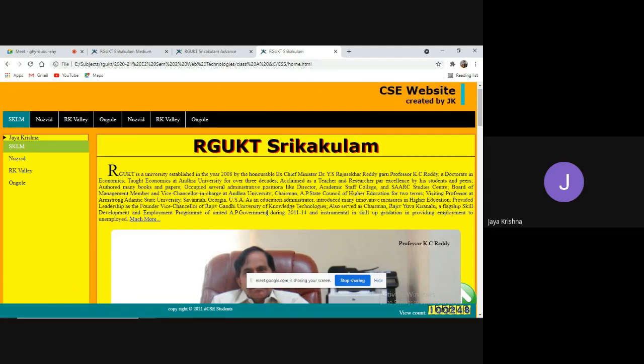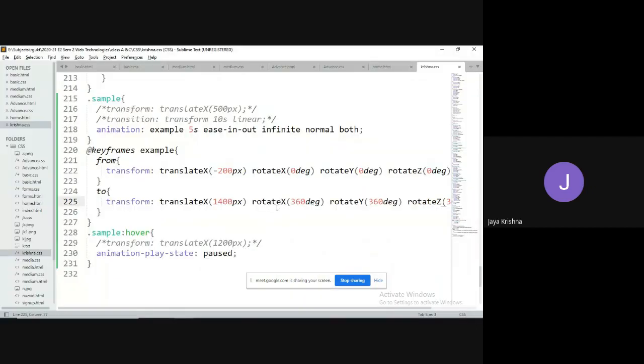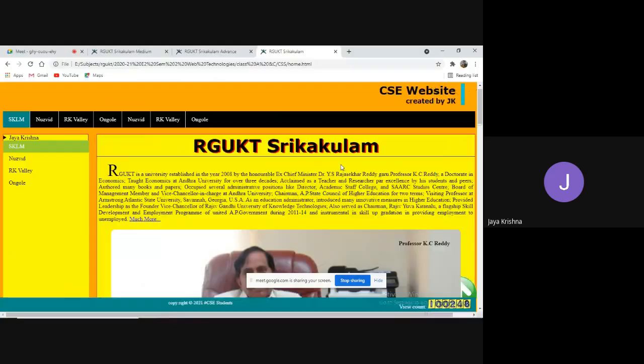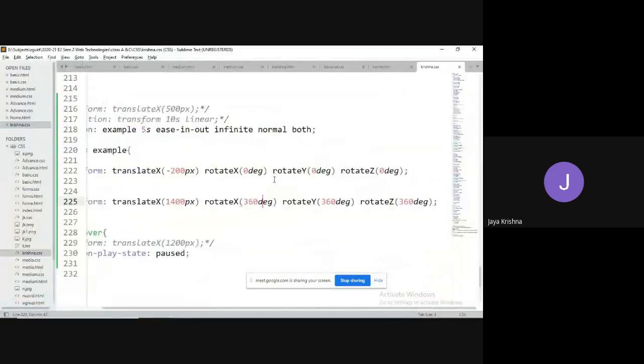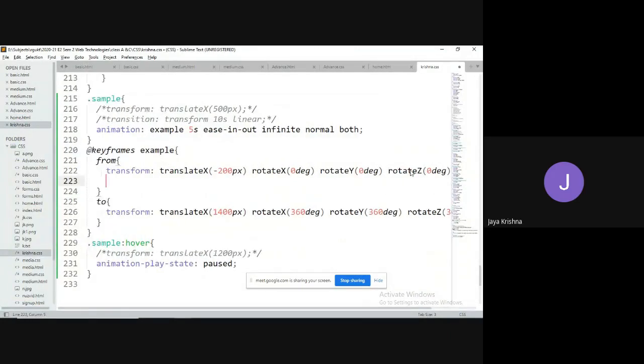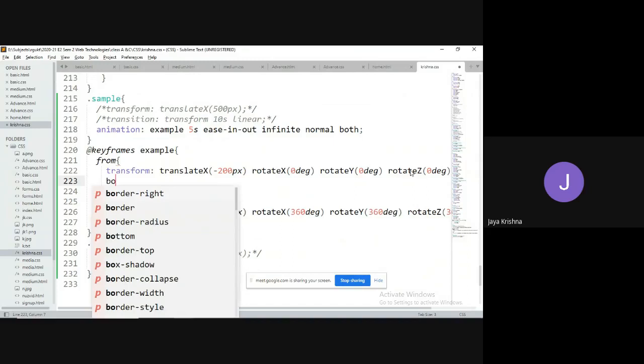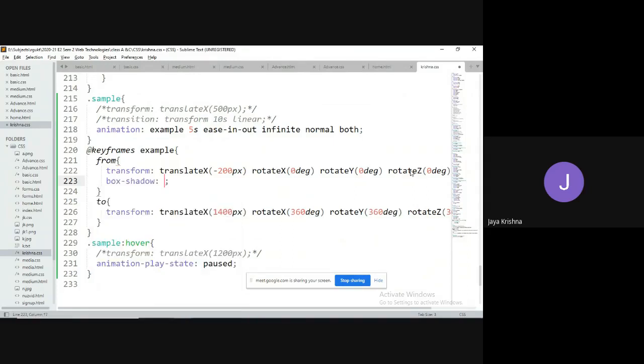For example, I would like to go for 90 degrees. You can't visualize it on the x direction, x-axis. Okay, fine, I don't want to go for all those. For example, I would like to have some kind of shadow for this effect. I can go for a property called box-shadow, which I have explained already. To get shadow effects on an element, we go for box-shadow.